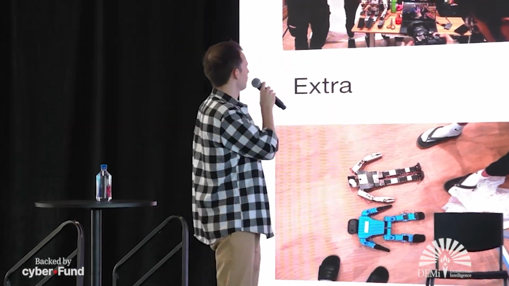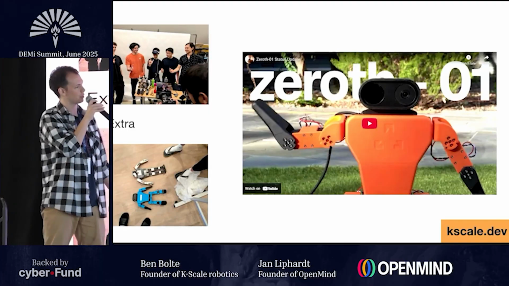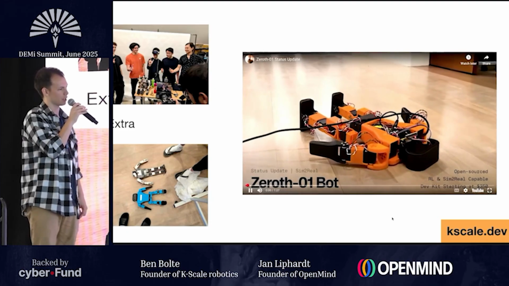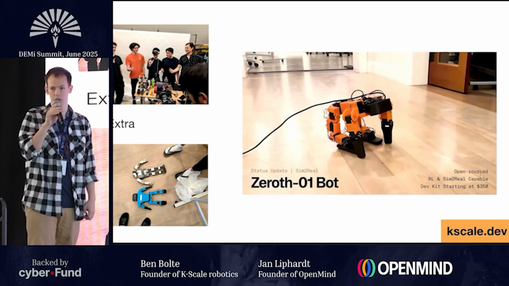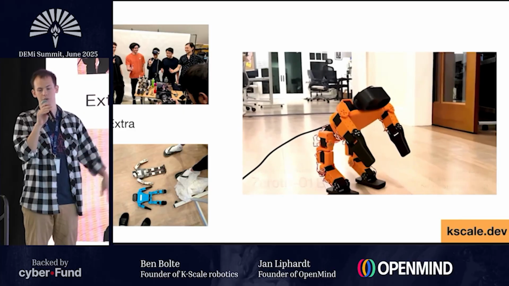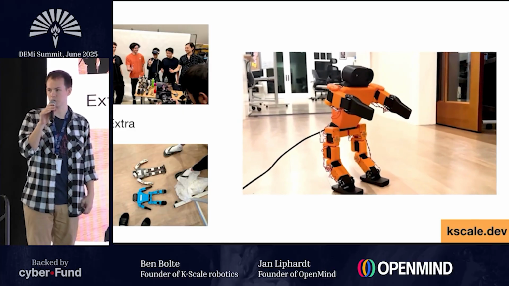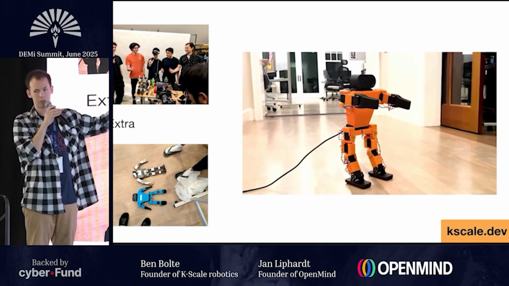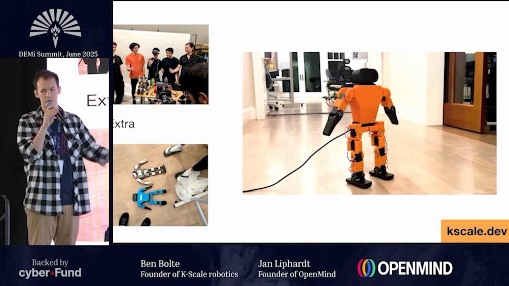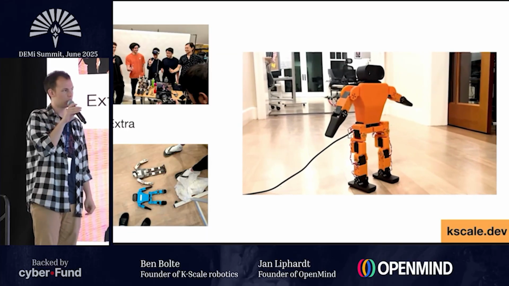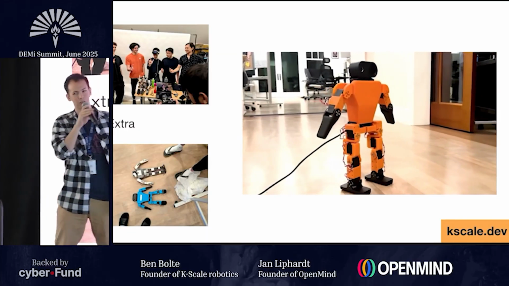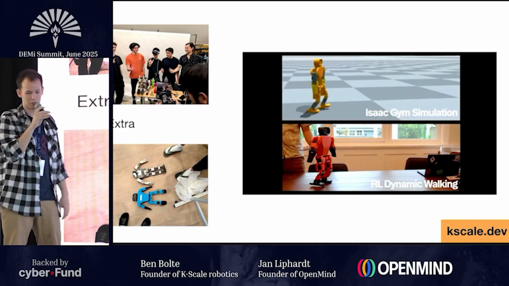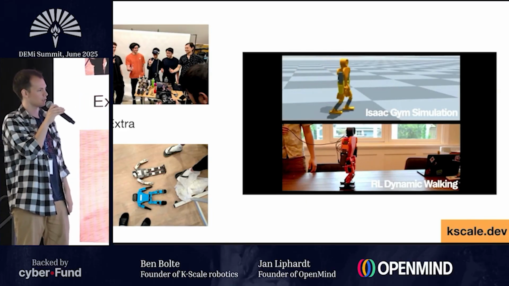And a little extra thing, we also have this little mini robot that we call the Zeroth Bot that's a lot cheaper and much more affordable, because the full size one is still about 9K. It's not super affordable, but we wanted one that people can make themselves, and it's only about $350. You can build it with your 3D printer at home. We also host hackathons where people mess around with robots.